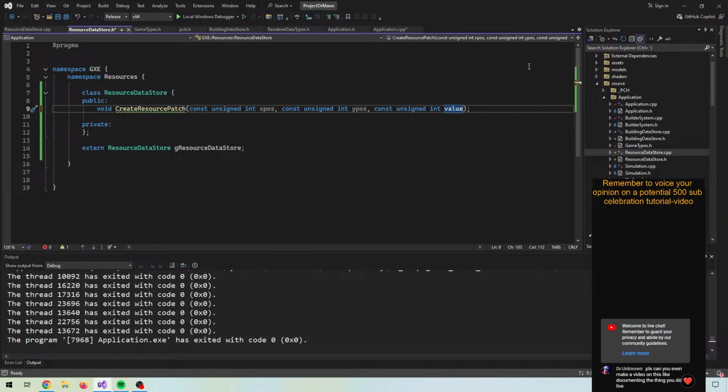Let's just do a value, or rather amount for now. Also, let's do an expand. Maybe we want